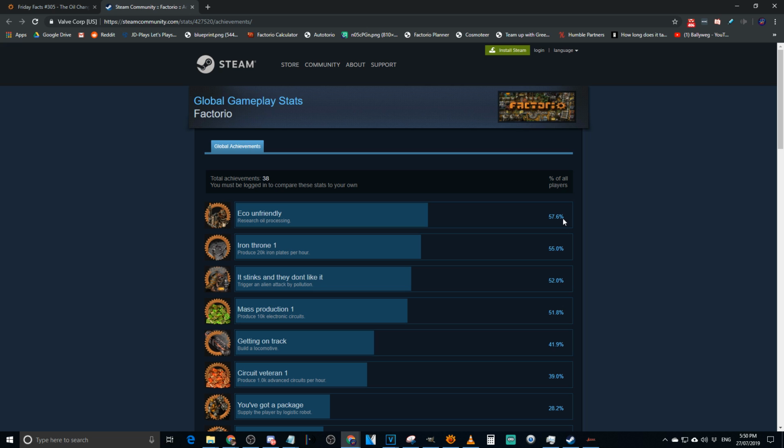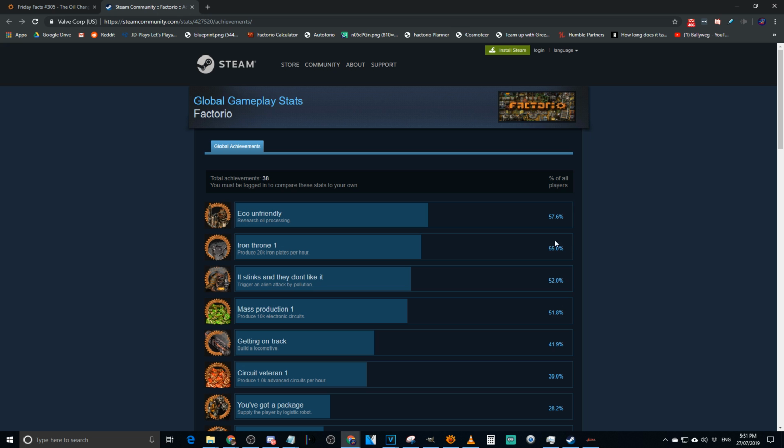And unlocked oil. Yeah, it goes down to 39% as soon as they start producing, what is it? 1,000 red circuits an hour. Just not a lot of red circuit. It's not a lot, but as I said, it's a lot of assemblers, so a lot of players don't get